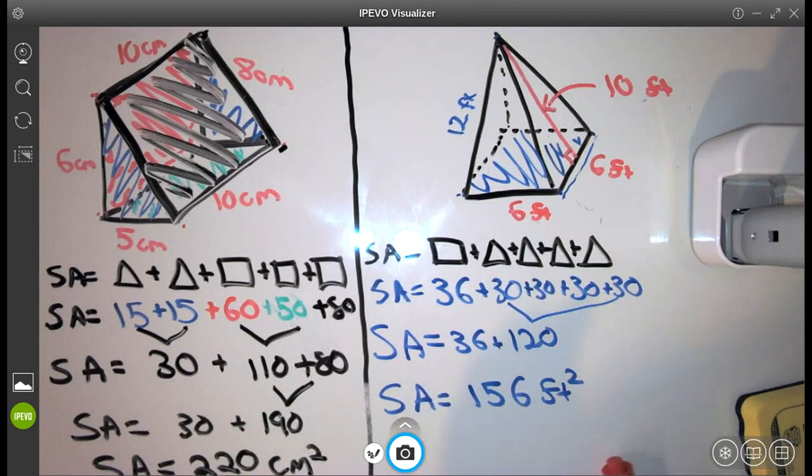I find that these picture diagrams make it the easiest for doing surface area. There are other ways. There's a little bit more of a complicated way that you are going to be learning in 7th grade, but that's not part of the 6th grade curriculum, so you're not really expected to know that. So I find this to be the simplest way of doing it. All right, so again, let me know if you guys have any questions, and hopefully you found